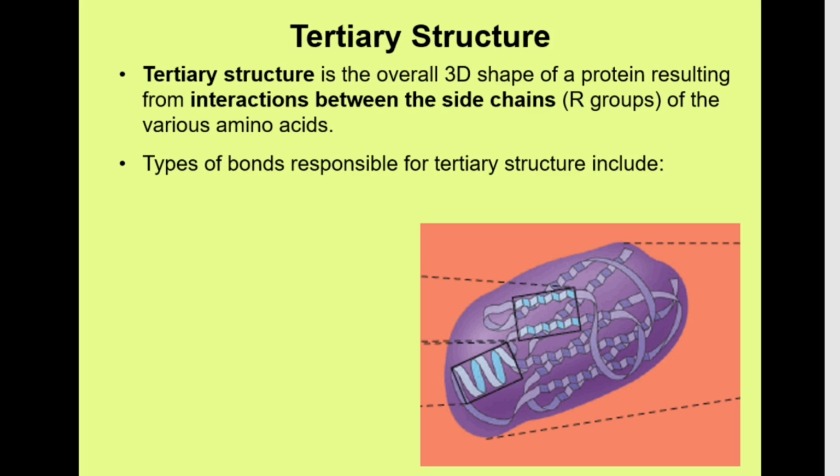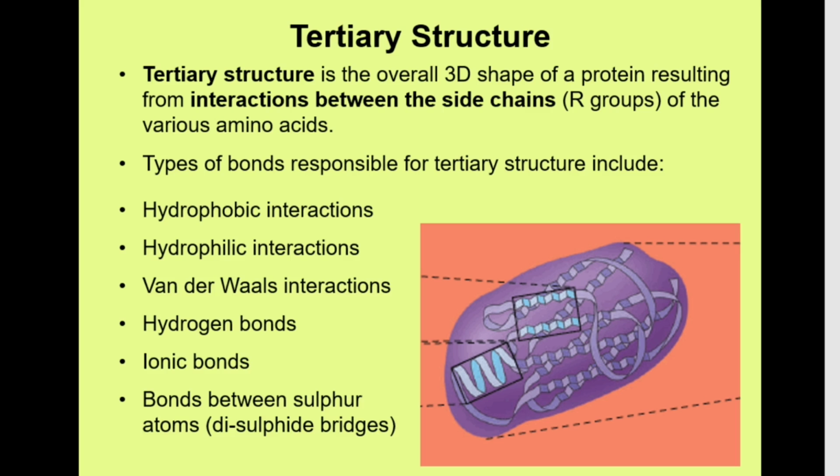And because those R groups are so varied, they're so diverse in their molecular structure, we get quite a few different types of bond and interaction that can form between them. So I've put some examples here. You don't need to worry too much about them. It's useful to remember some of them, but it's more important that you remember about tertiary structure, that it's the overall three-dimensional shape of the protein, and it's created by interactions between the R groups. So although it's useful to remember some of these, I would focus more on the basics that I've just mentioned,